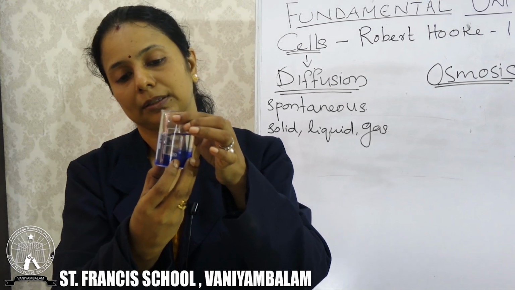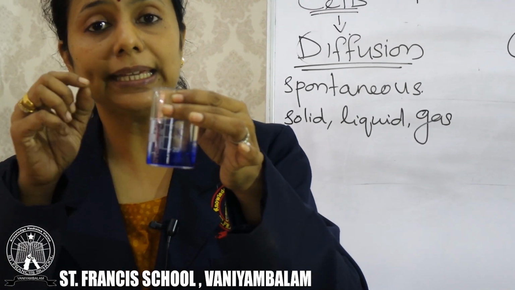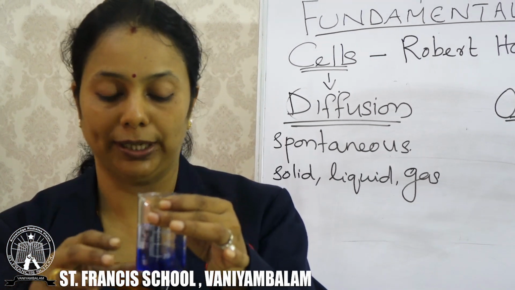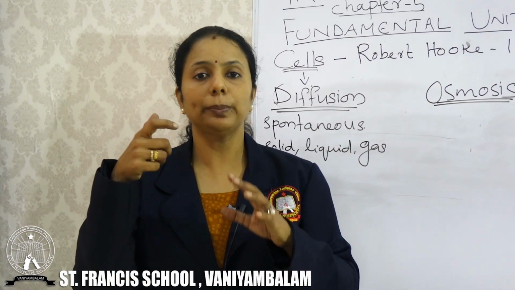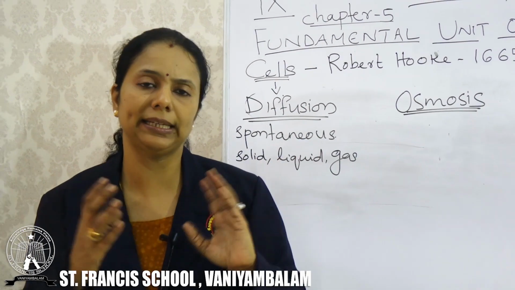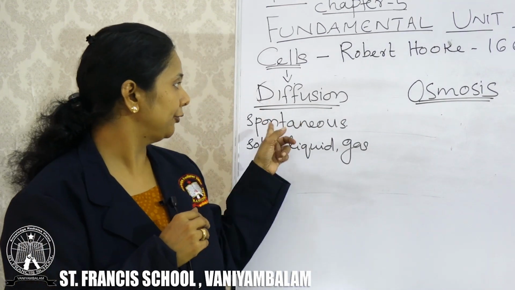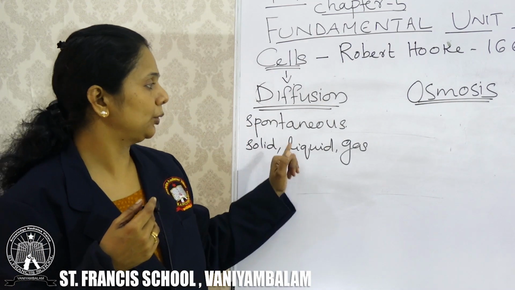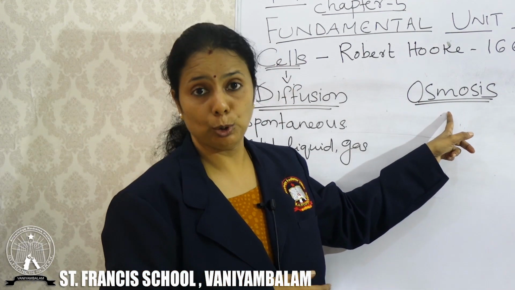As you can see, now the water became blue in color. So the ink spreads into the water very quickly. This is an example of diffusion. And another example, as I told you, when we spray a perfume in the air, the smell of the perfume spreads in the air very spontaneously. That is also an example of diffusion. So this is what happens in diffusion: spontaneous movement of substances, both in solid, liquid and gas. Clear? Okay. Now another is osmosis.